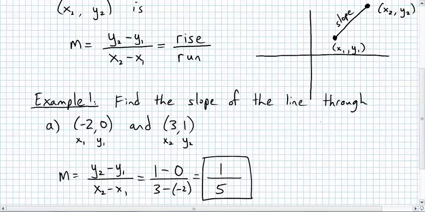Now let's just take a look at what this looks like on a graph. So here's my y-axis and my x-axis. So I have the point -2, 0, which is right here, and 1, 2, 3, 1, which is right here. So the slope of this line through those points